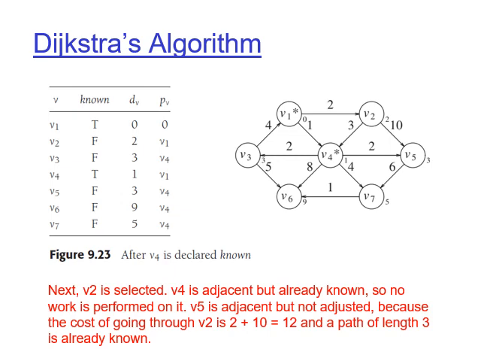So V5 was unknown among all the neighbors of V2. V4 and V5 were the neighbors, right? And among the two neighbors of V2, V4 has been known, which is depicted with the help of a star in the circle of V4, but V5 was unknown yet. So should I update the current estimate of V5? No, because it is 12 via V2. So let's move on.